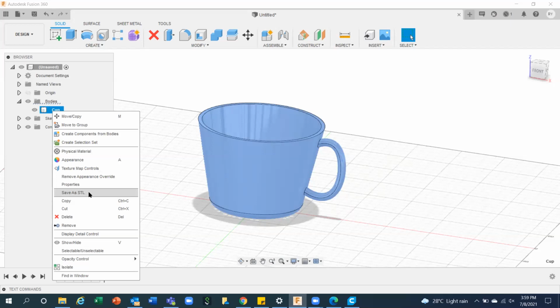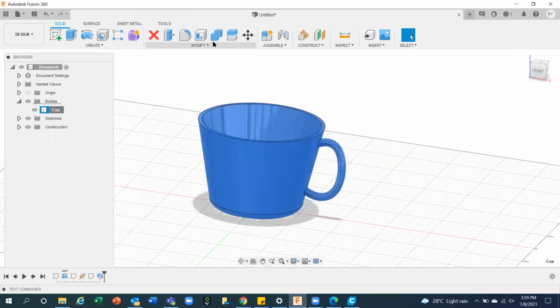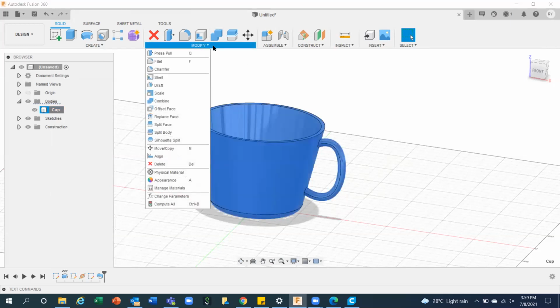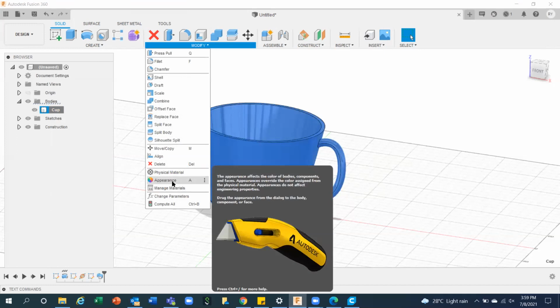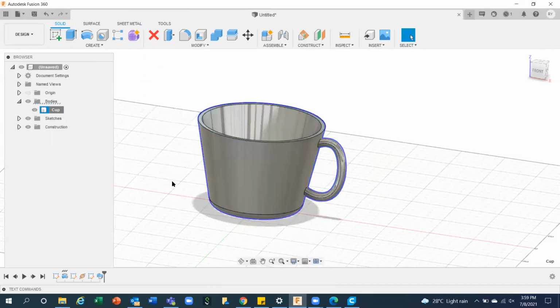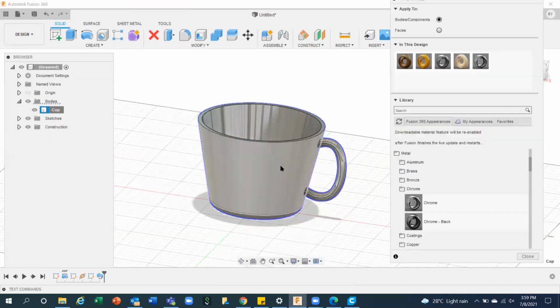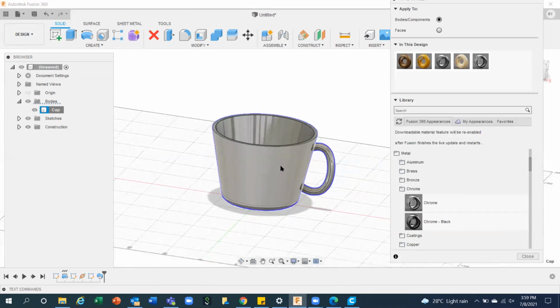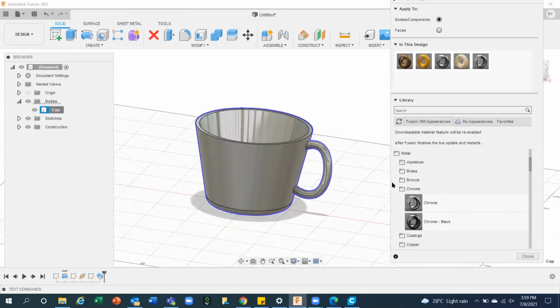Sir, if we go to modify and select material, there are many materials available. You are selecting from metal, I think. Yes, any material. This is just for appearance I'm talking about. I'm selecting the glass.